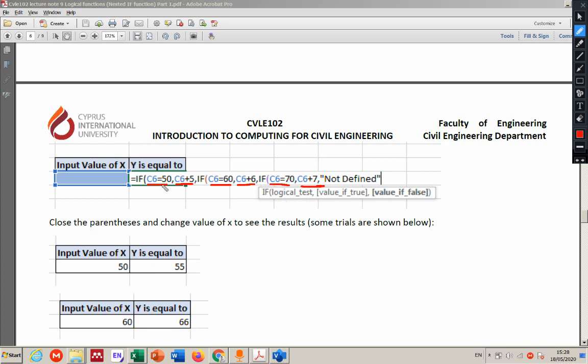Look, how many parentheses opened? 1, 2, 3 parentheses opened, 3 parentheses must be closed. But remember, checking before closing them. 1, 2, 3 output, I'm closing 1 parenthesis for this if. Checking the second if, I have 1, 2, and this is completely